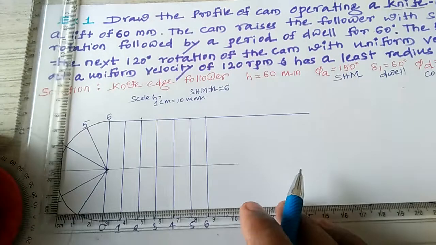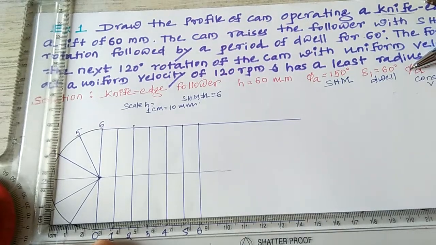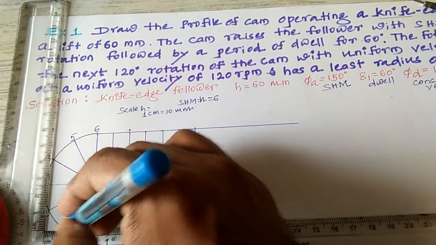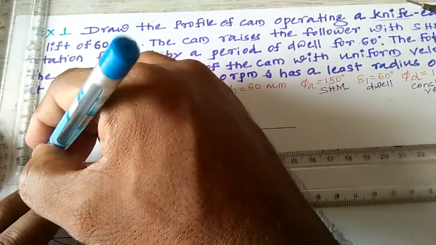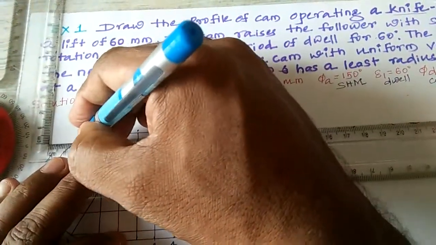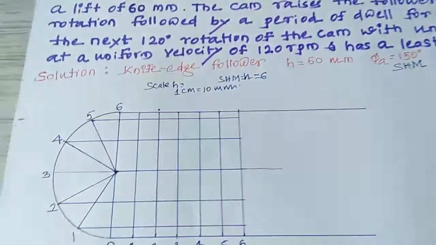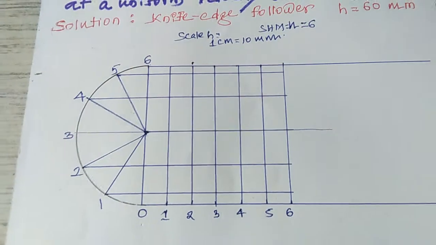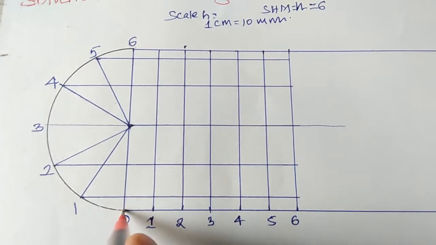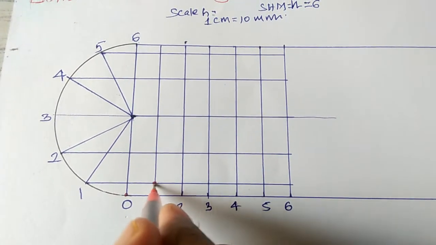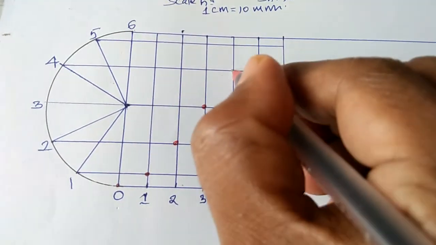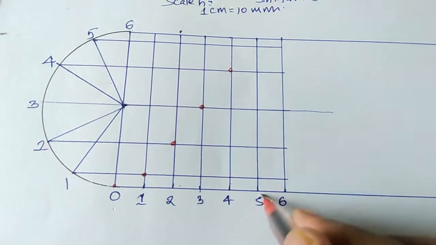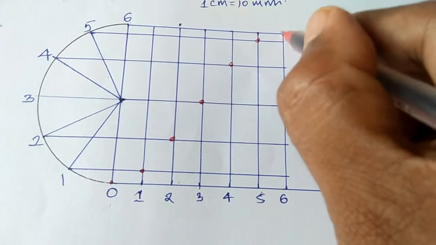Then you draw it, you intersect it. Okay, I will intersect the things. You intersect this one, 1, then 4 comes here, 5 you intersect, and you have to join it. The intersection of 0 and 0 comes here only, 1 and 1 intersection comes here, 2 and 2 comes here, 3 and 3 comes here, the intersection of 4 and 4, 5 and 5, 6 and 6, and you have to join it.